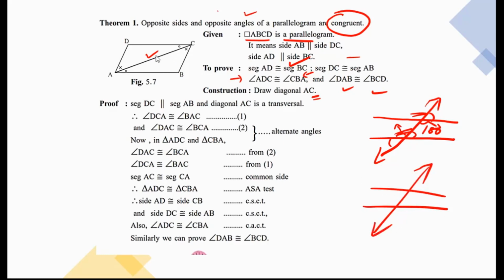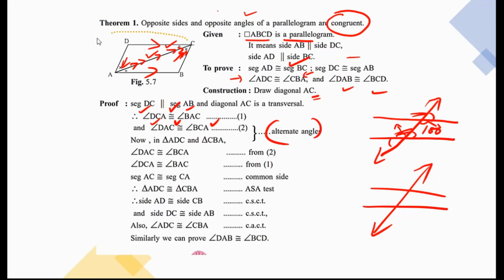And from that we can say that if this is the transversal, आपको दिखने के लिए मैं मार्किंग कर रहा हूँ, and if these are parallel lines, we know that it is parallel, then we can consider the angles. Which angles? DAC, this angle, and BCA, this angle, as well as DCA and BAC, ये दोनों angle. These are alternate angles and they are congruent. ये अपना पुराना knowledge से हमने बता दिया.